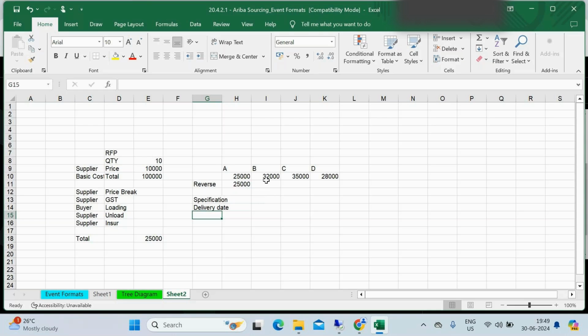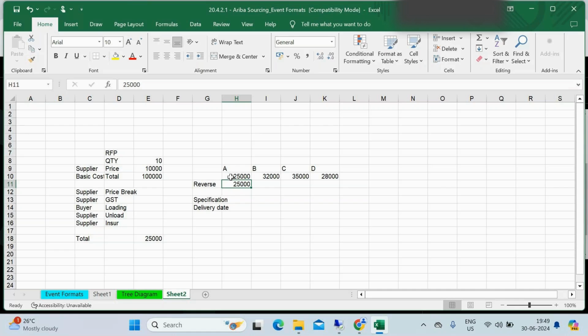So the pricing for Dell differs by supplier. A supplier is giving the same laptop at 25,000. This one is giving it at 32, and this is net landed, meaning at your factory. This one is 28. So we are getting the lowest price from A only. That time we can decide this is the lowest price. These three suppliers have given us more than 25, so this is not the best price. The best price we got is from A. So we will decide to conduct the auction on 25,000.